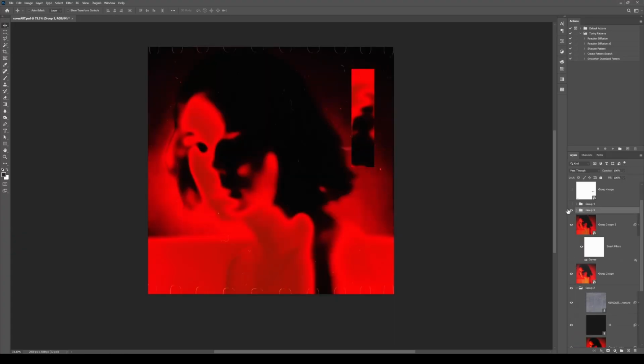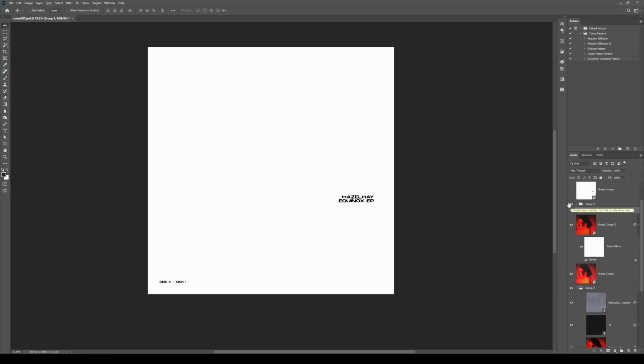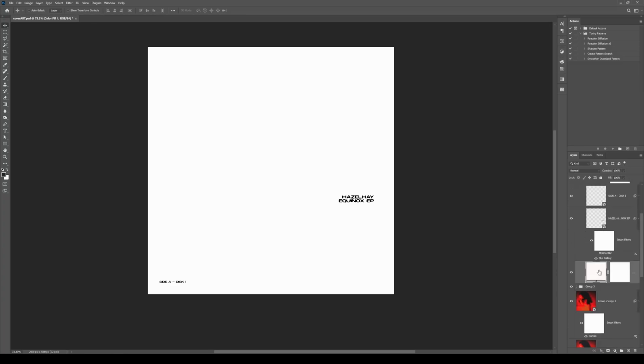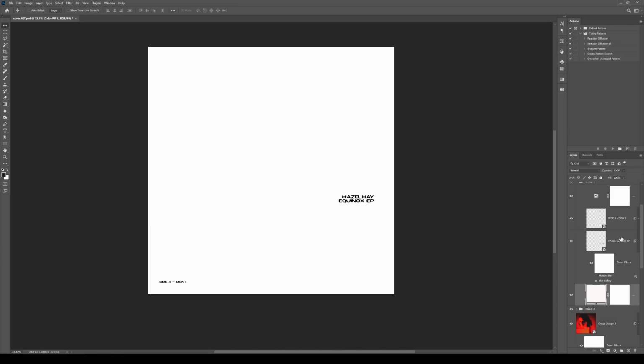And then group them, duplicate the group, and then in this group I have created the fonts in here like this. So put a solid color background and then use a font that you would like to type the text of the cover art. I have used the font called Monument Extended. It's free, you can download it by searching it on Google. I put some text on the lower side of the cover art just for the details. Side A, this one, which means that this might be a vinyl, and then the name of the artist and